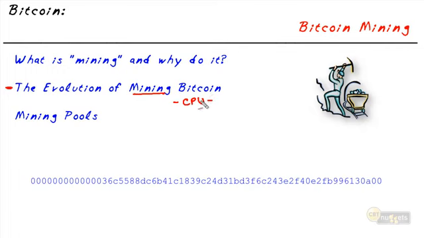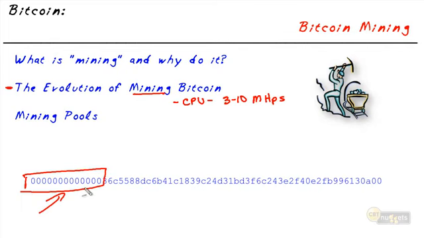Now, if we're just using the CPU, we could probably crank out somewhere between 3 and 10 million hashes per second. And that'd be pretty good. You know, we were doing it manually. I think our rate was like 5 seconds per hash try if we were plugging in 0 and then 1 and 2 and 3 and 4. But a CPU could crank out 3 to 10 million hashes per second, all trying to figure out the perfect hash that meets the difficulty requirement based on the Bitcoin network at the current moment.